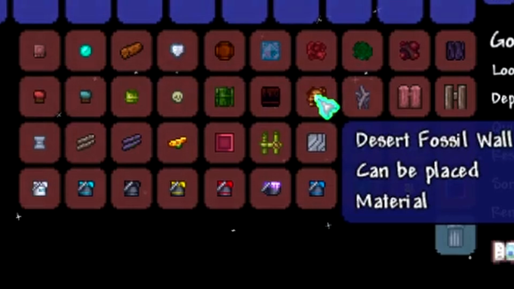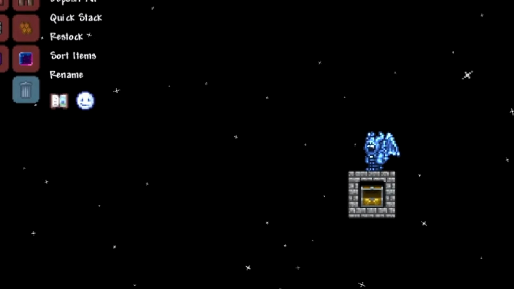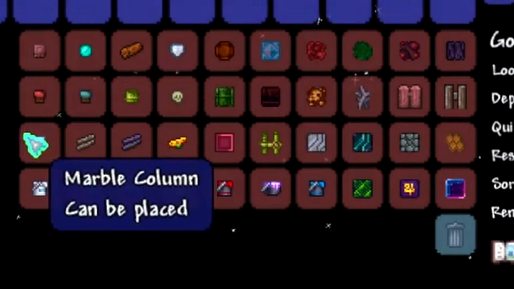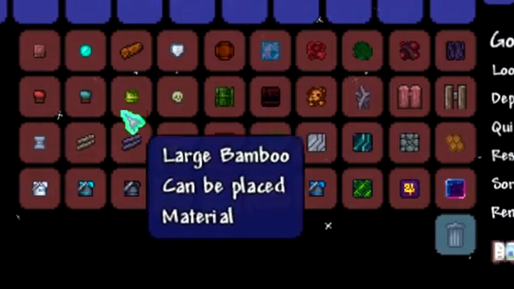It is perfect for this build, and I'm so glad that I got to use it. All right, so moving on from the walls, I'm going to cover the actual blocks I use, and surprisingly, there aren't that many. A lot of it is just going to be some Rich Mahogany Fence, along with some shingles and some marble column, some boreal wood, and some spooky wood, and even some large bamboo that make up the